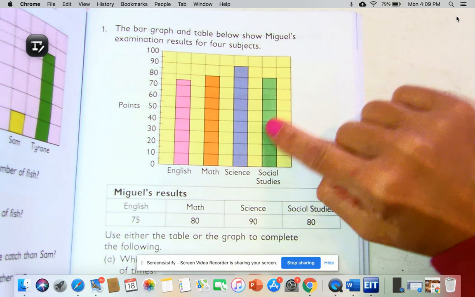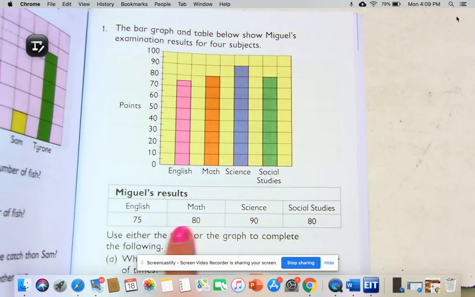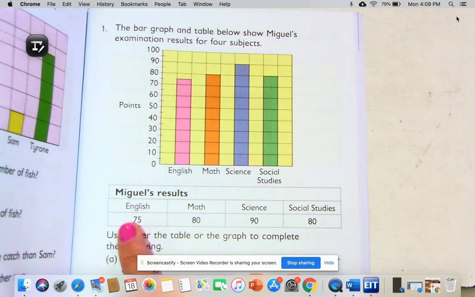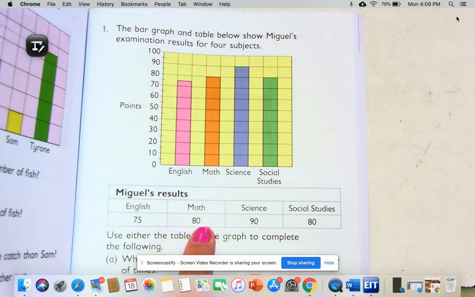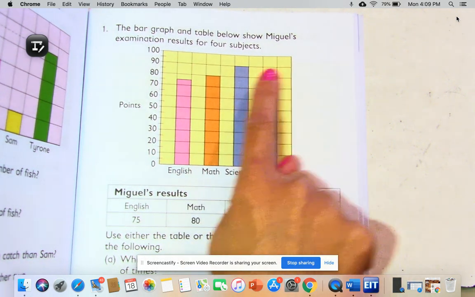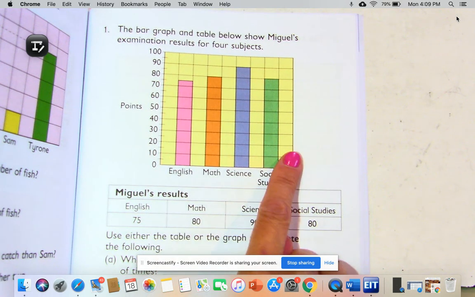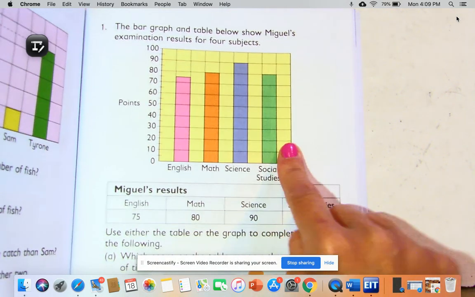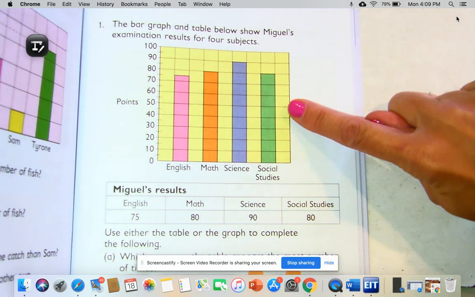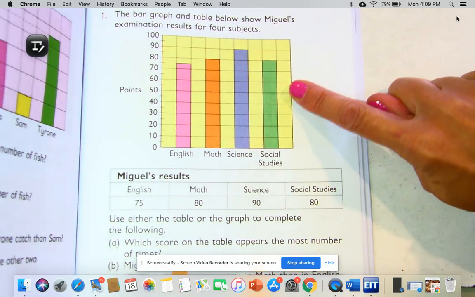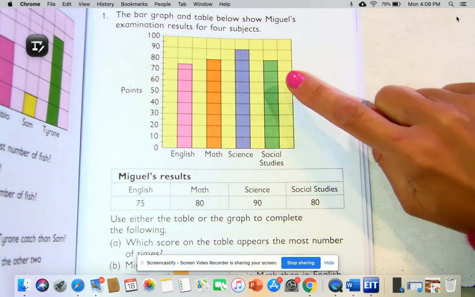So here we have a bar graph, and then here we have a table. So we looked at tables the other day with picture graphs too. And a table has information on it, usually just kind of words and numbers. And then a graph has a pictorial representation, kind of a visual thing for us to look at. And a lot of times, if we're looking at 2 pieces of information, so here's the table and here's the graph, it's often kind of easier for us to read information or interpret information when it's in the form of